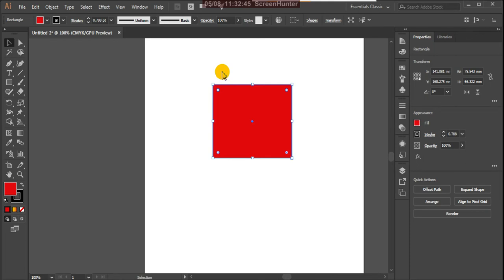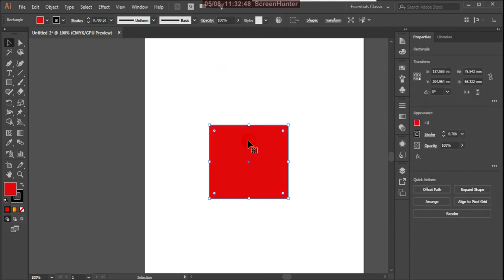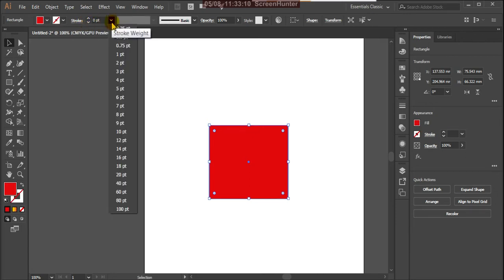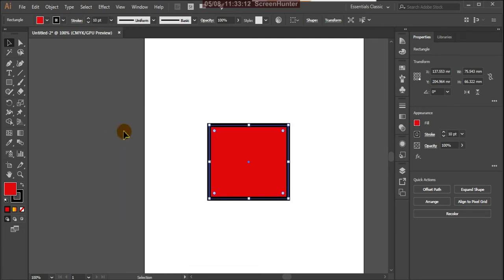And suppose after selecting this, if you observe in this control panel, this is the color, red color. This is the outline, the stroke color here, and this is the stroke size. The stroke size is changing. Otherwise you can give the number also, but the default shows 1 point, or a minimum of 0.25 also. Make it 1 point.